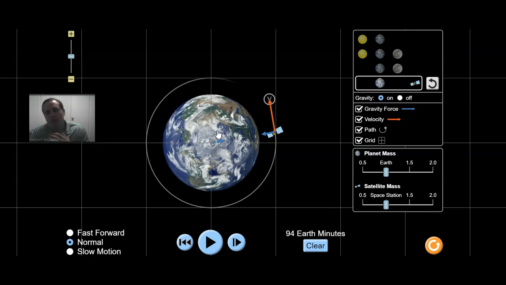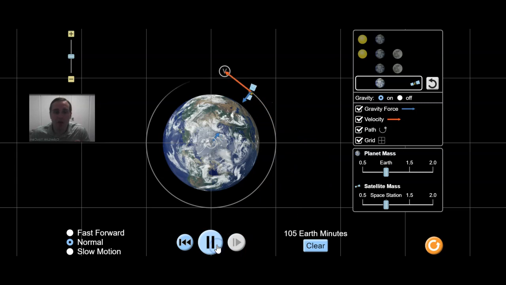Now, with that in mind, we say if this is about 6,371 kilometers, this distance of, say, 200 to 500 kilometers is extremely small compared to Earth's own radius. So the space station will only take about maybe 90 minutes, about an hour and a half to orbit Earth. Okay? And by the way,